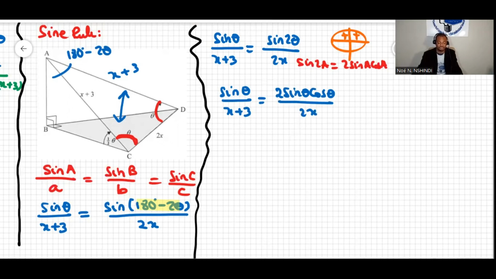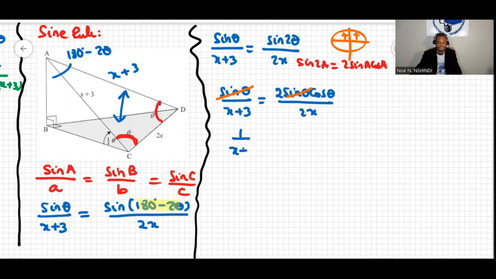Then I'd like to introduce something. When you have an equation like this involving fractions, it is allowed to cross out sine theta like this and sine theta like that. Regardless of the manipulation you will do, you will end up simplifying sine theta and sine theta there. You can do that only when you have an equation, by that I mean an equality between fractions. A fraction on the left equals a fraction on the right, you can cross out products that are similar. You can simplify that way,